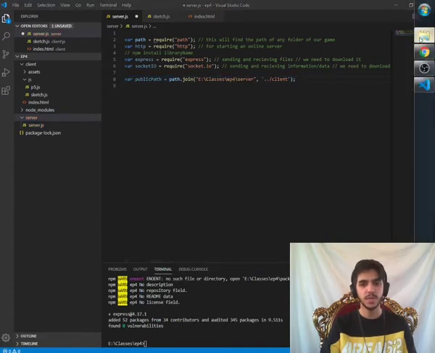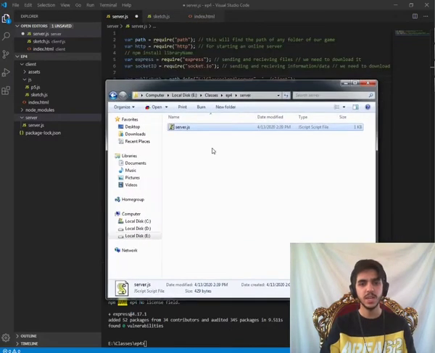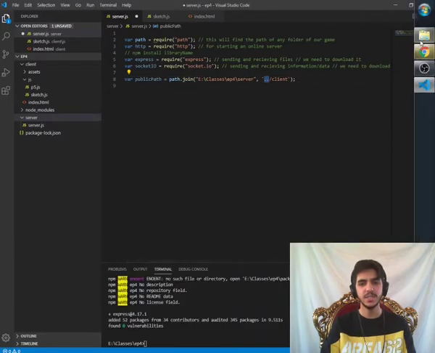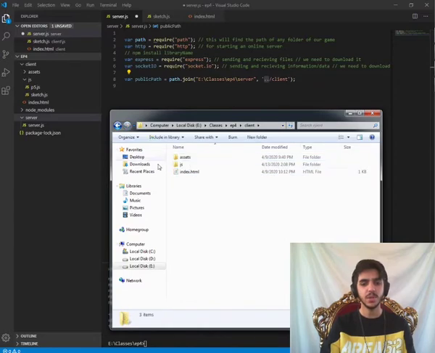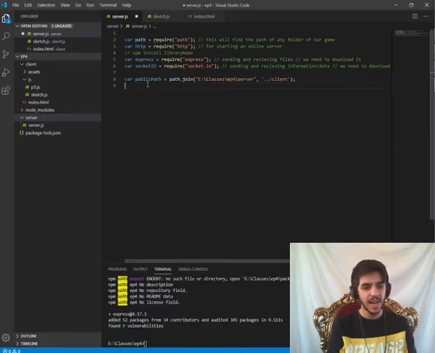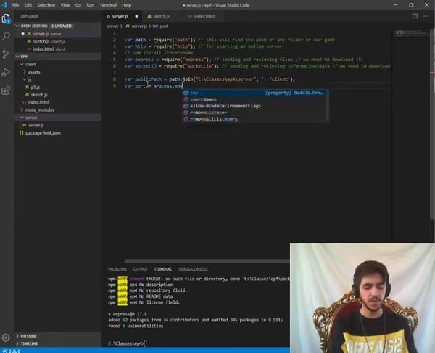So let's go ahead and watch what happens. Right now we are in the server folder. This is what dirname gives us. Whenever we say this, it basically goes back once. And then after that we say client folder, and this is the client folder, and we are basically getting the path of this file. Simple. All right. The next line that we are going to do is var port is going to process.env